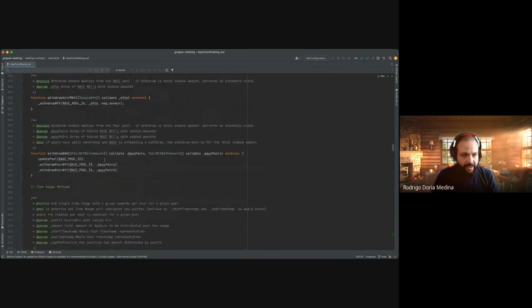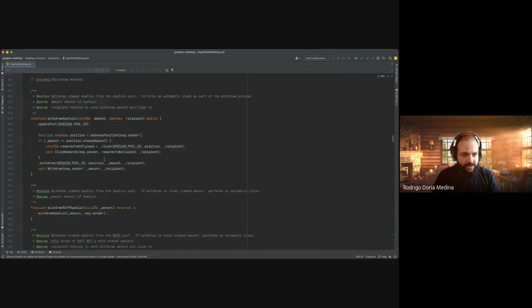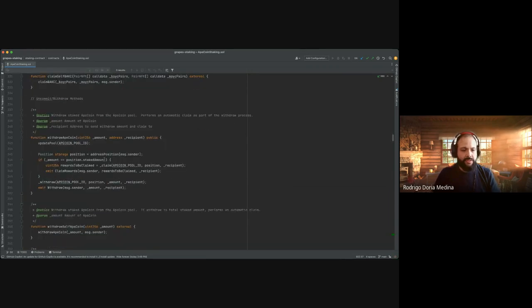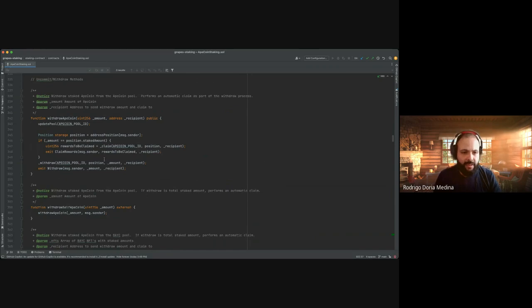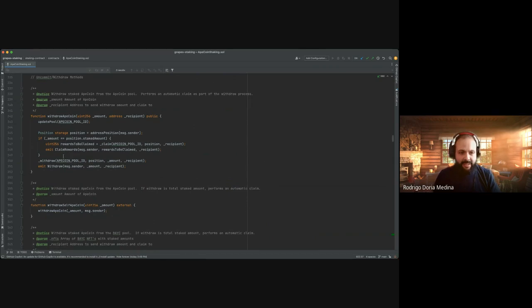And then finally, we have the withdraw methods. So in this case, let's start with the ApeCoin pool. Again, we have 2 versions as before, with the recipient and without. The important thing to note here is that there is a condition. Similar to deposit and commit, we don't have the uncommit method explicitly, but we have a withdraw where, depending on some conditions, that will also become an uncommit. Specifically for the ApeCoin pool, there's no uncommit. That being said,